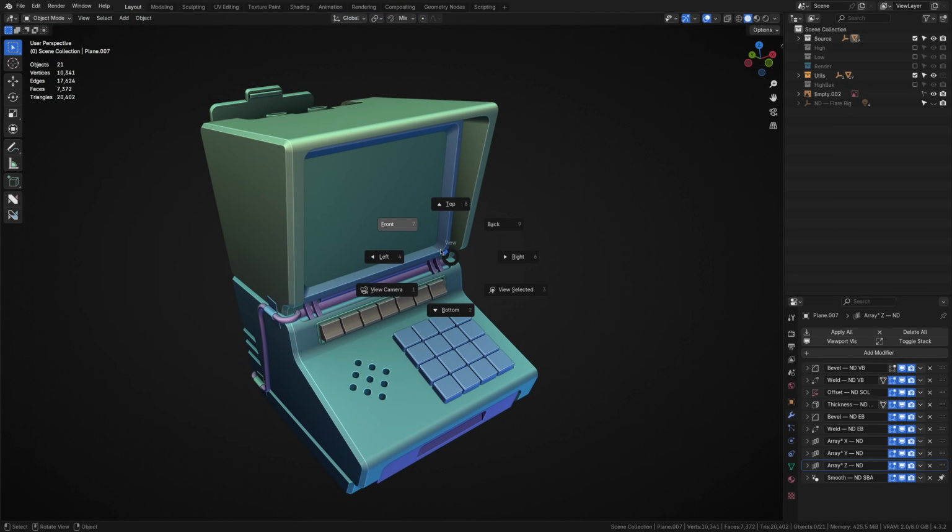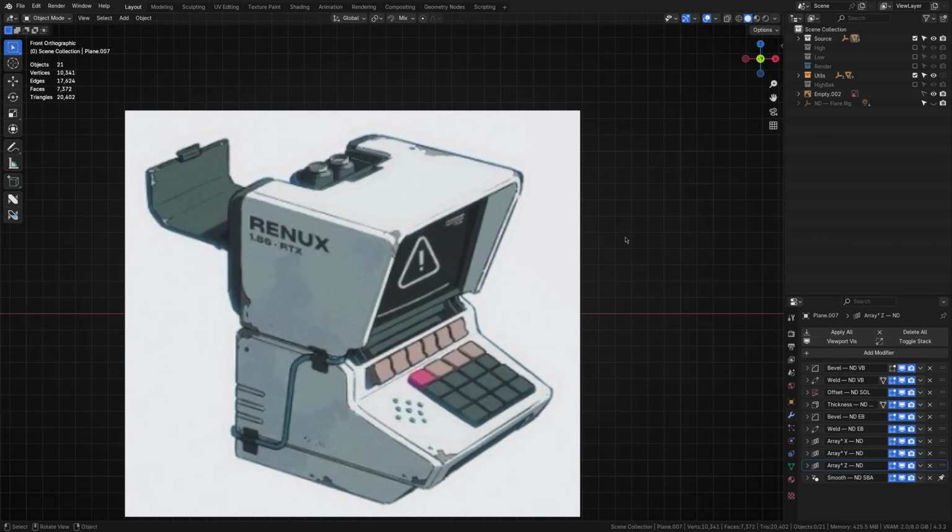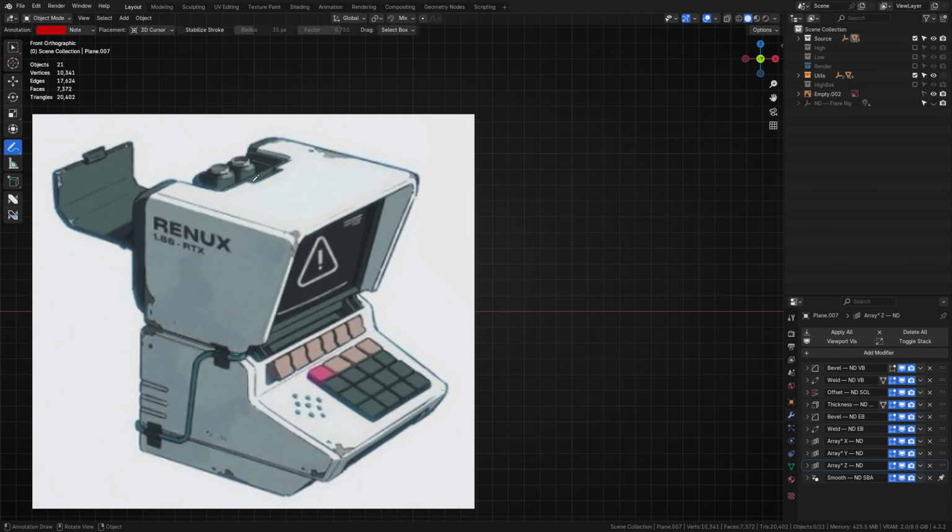Let's take a look at another detail on the reference. Perhaps these battery-looking things at the back. We can't see the entire battery, just the top bit, so for the sake of time, let's assume there aren't any more detailed parts near the bottom of them. I'll draw out a silhouette of one to start with.